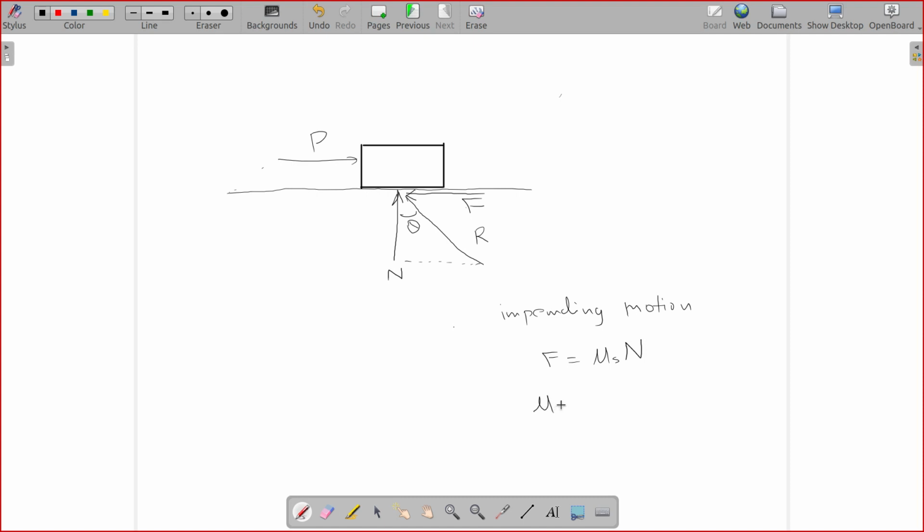So the coefficient of static friction is equal to F divided by N,